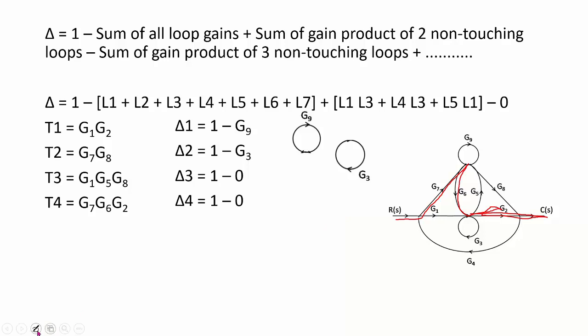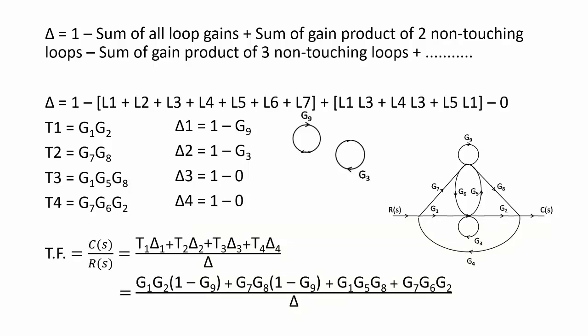So now you obtain the value of delta, you obtain T1 through T4, then delta 1 through delta 4. So you are going to substitute these into the formula that you learned, the Mason's gain formula, which is given by the summation of Tk delta k upon delta, where k varies from 1 to 4, and thus you get the transfer function given as T1 delta 1 plus T2 delta 2 plus T3 delta 3 plus T4 delta 4 upon